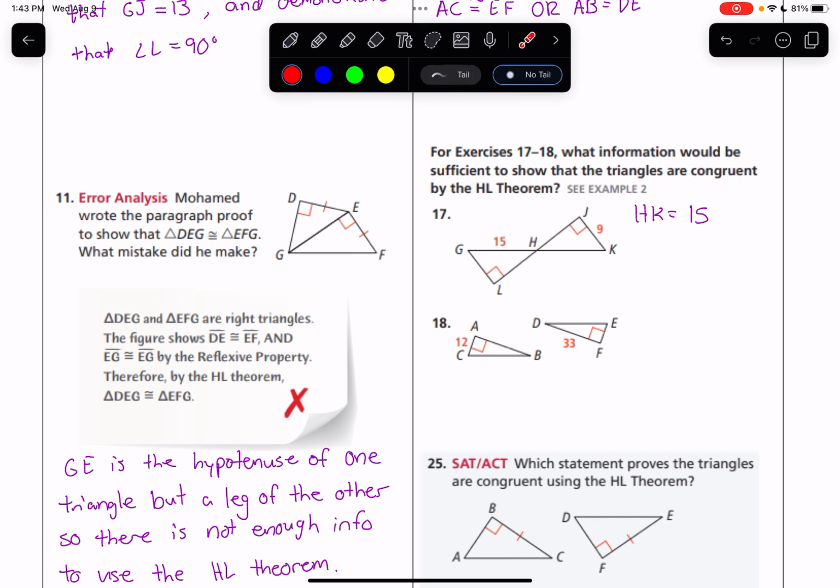And we have the leg of this triangle, but not the leg of this one. So we would also need to know that GL also equals 9. Then we could use hypotenuse leg to show that those were congruent. 18,